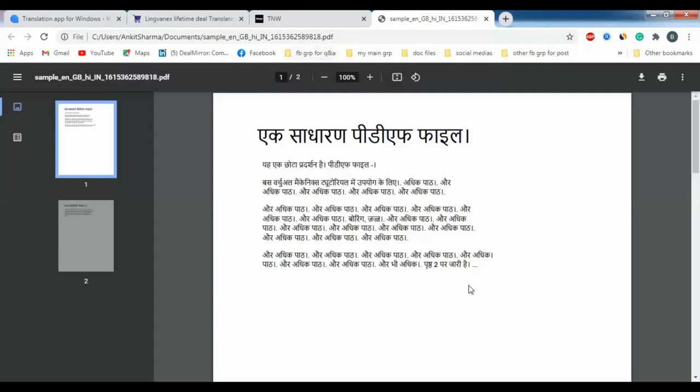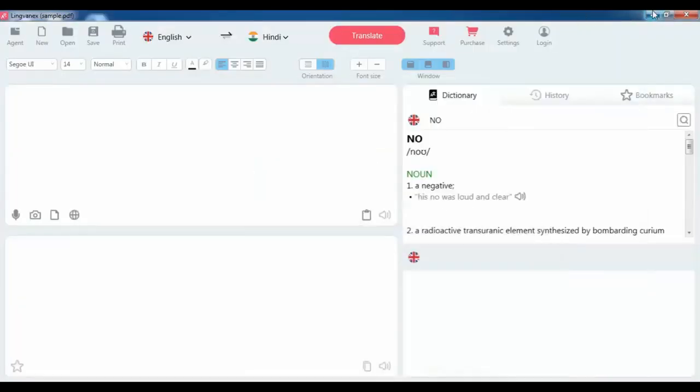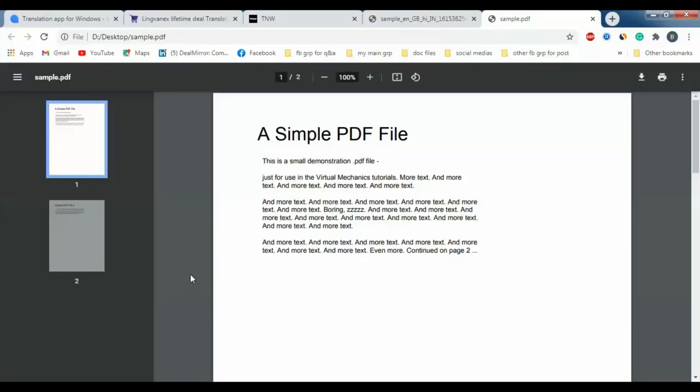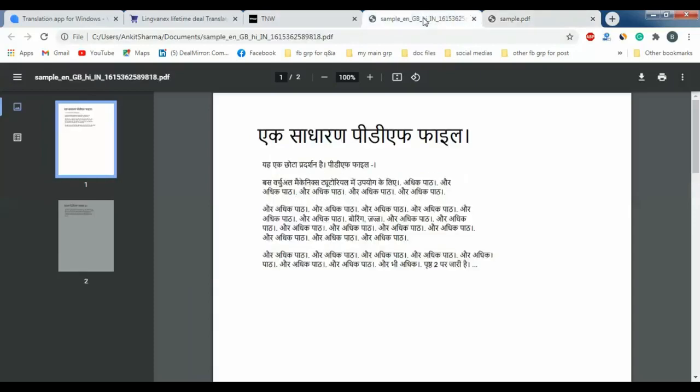You can see here this file has been translated from English to Hindi, and let me show you my file which was available in English. So this was the file. It was available in English, and as you can see the result, this file has been translated to Hindi.